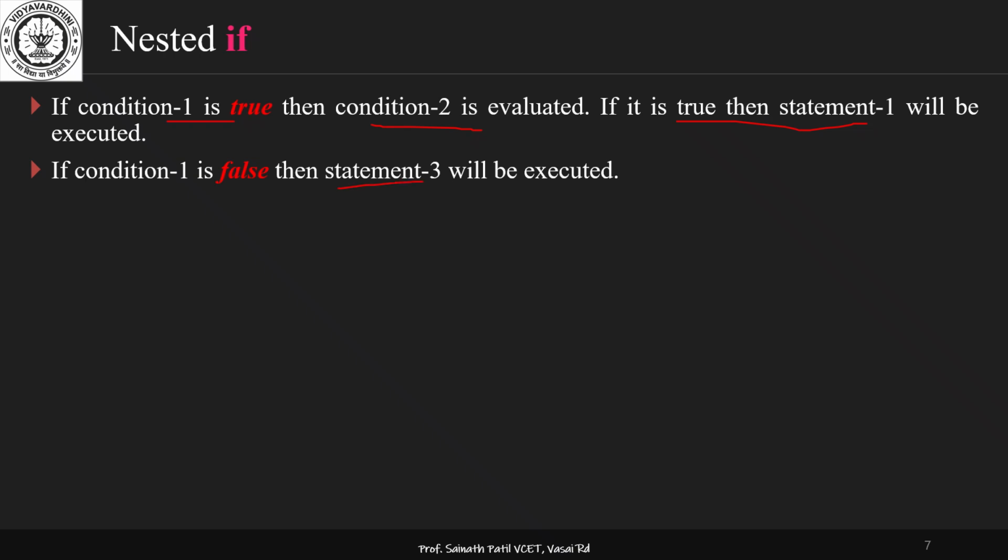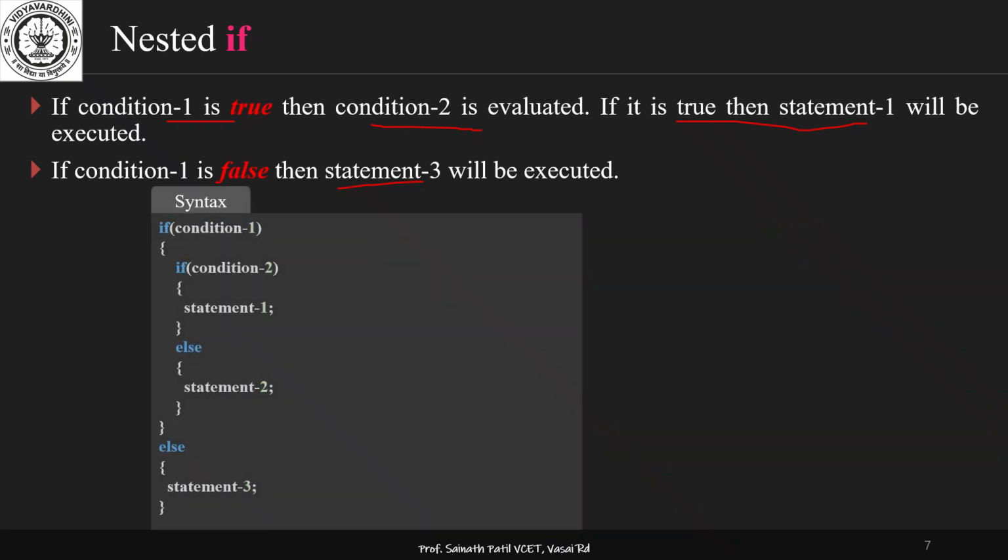That means here one if statement is included inside another one, and that is called nested. For example, here in the syntax, we can see this is the first if. We check condition 1, if it is true, then inside that first if we check another if, condition 2. If condition 2 is satisfied, statement 1 will be executed. If condition 2 is false, then it will go to the else part of